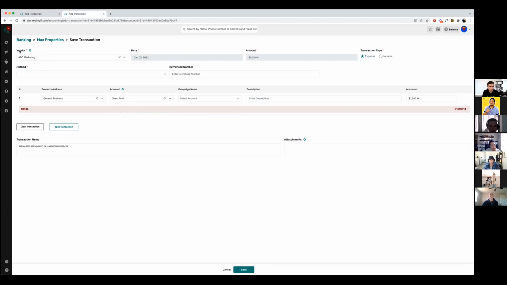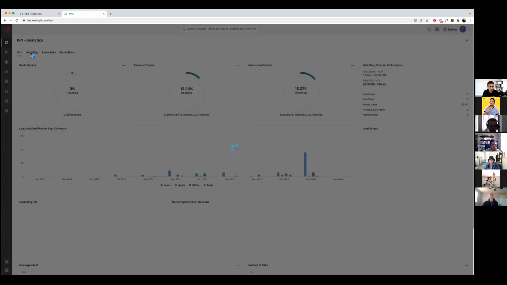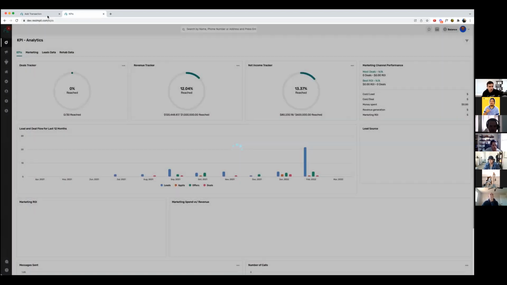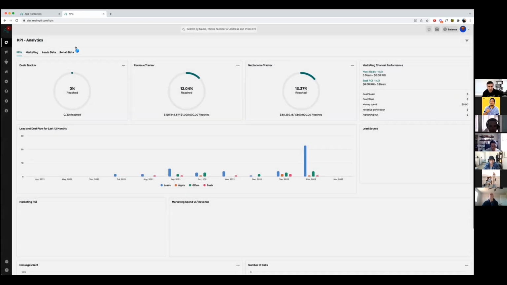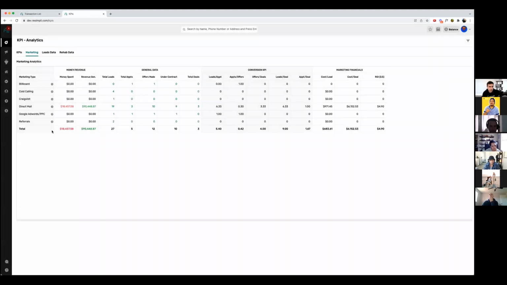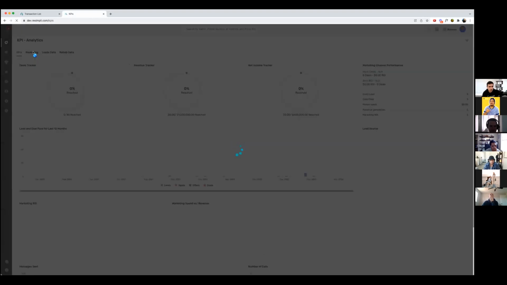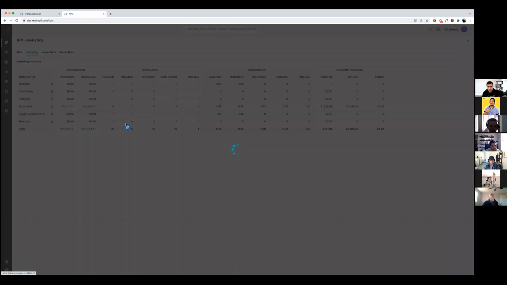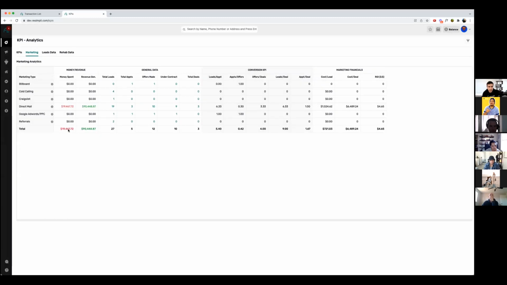So I'm going to go back to my KPIs. And if I go into marketing, so once I input this expense right here, it will update this in real time. So this is $18,457. This is $4.90. So once I refresh this, I go back, all of that is going to change. So this went up to $19,467, and this went down because I have more money that I spent in direct mail. And so my ROI went down,